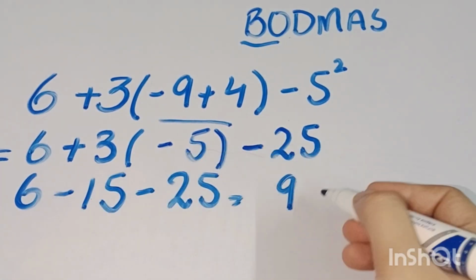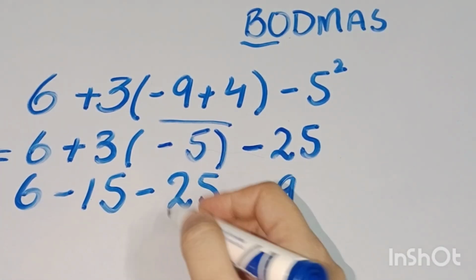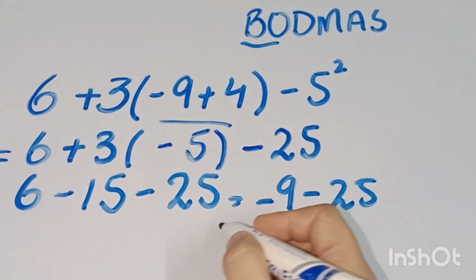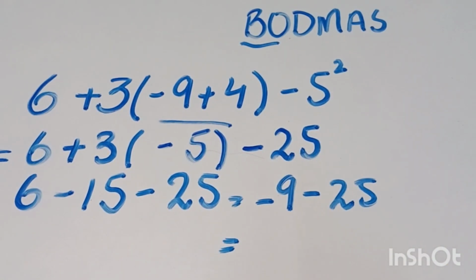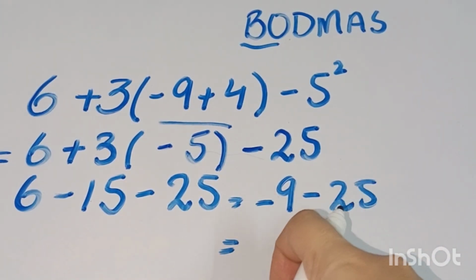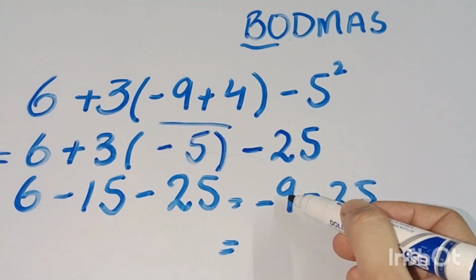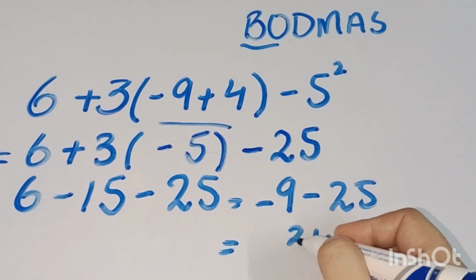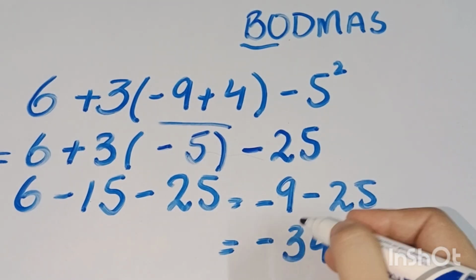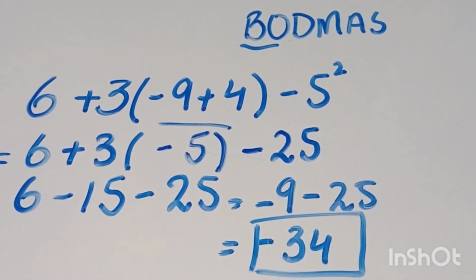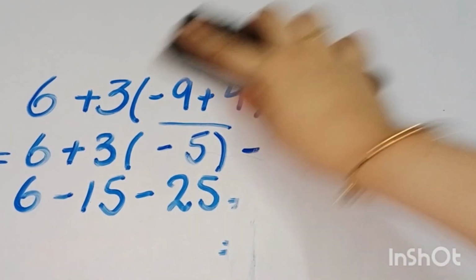Greater sign here is minus. Now what is left now? Minus 25. So when we have two minus signs, we have to add these two numbers and apply the minus sign here. 25 plus 9 equals 34. Here we have minus. So the answer of this very interesting math puzzle here is minus 34. I hope you enjoyed the solution. Now shifting to my next puzzle without wasting any time.